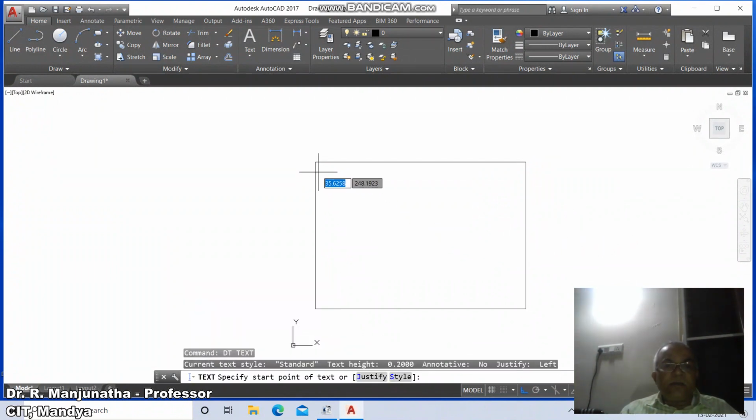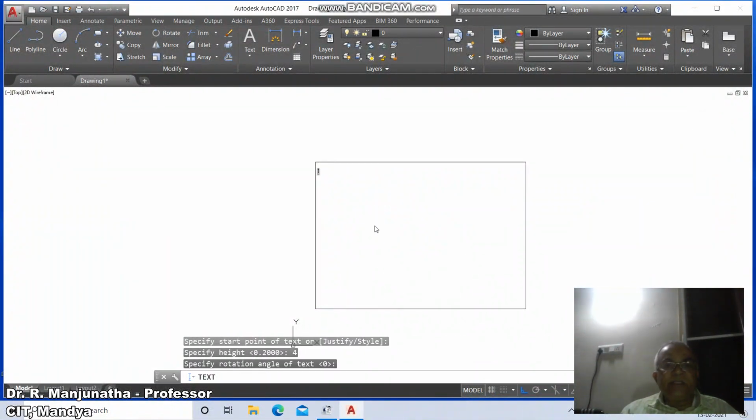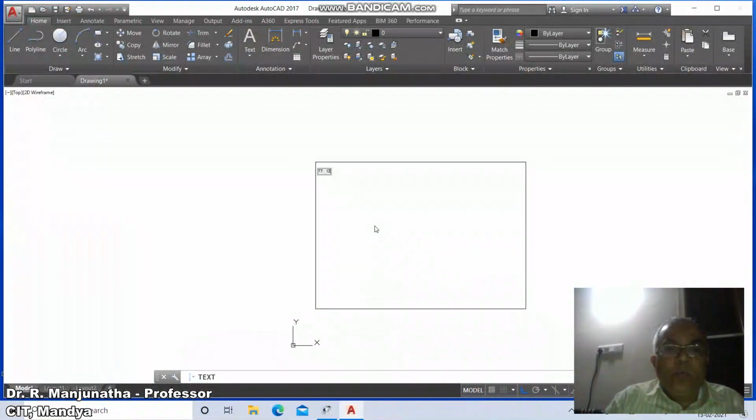Select the start point, then specify height as 4 and the rotation angle as 0, and here you type problem number 77. One end of a line is 30 mm in front of VP and 30 mm above HP. The line is inclined at 40%%D to get the degree symbol to HP, and its top view